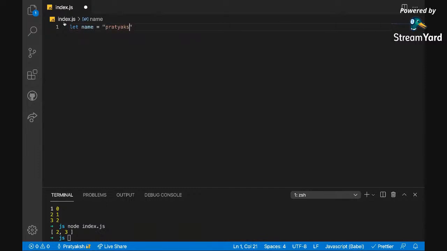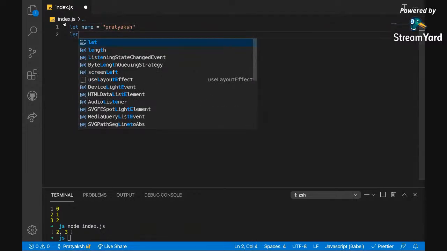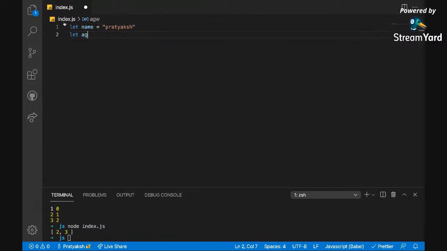Then let age is equals to 21. Then let profile is equals to SD.